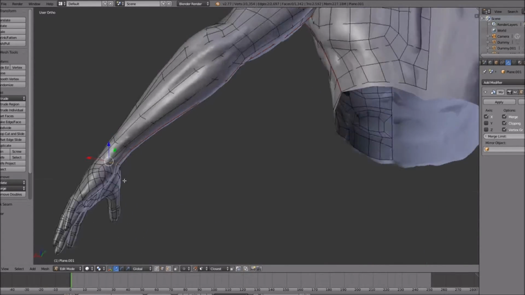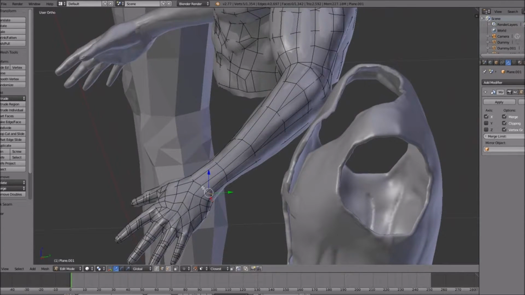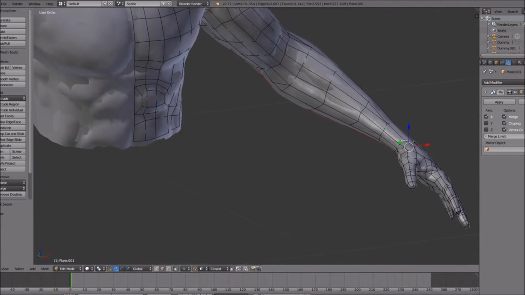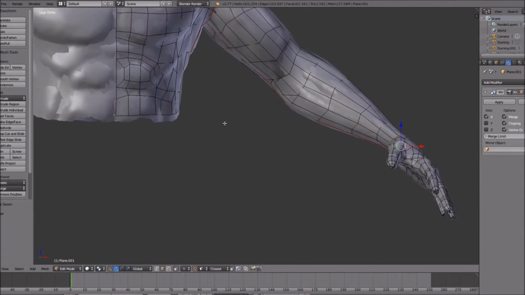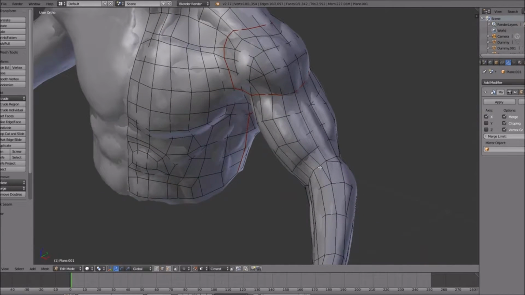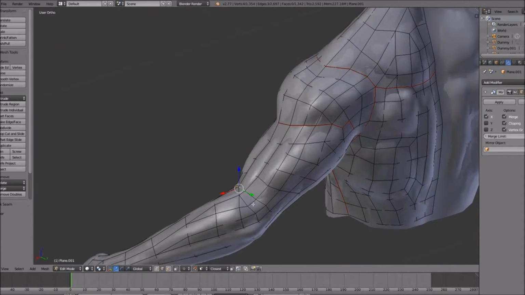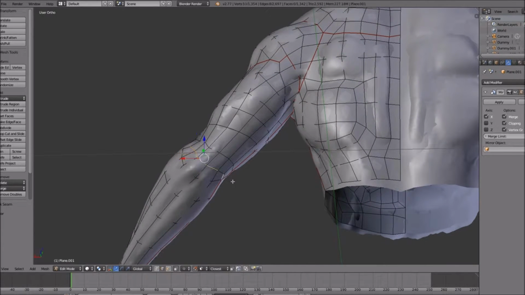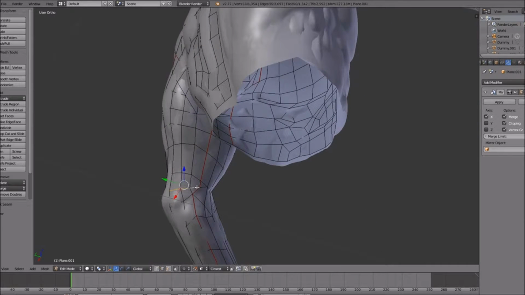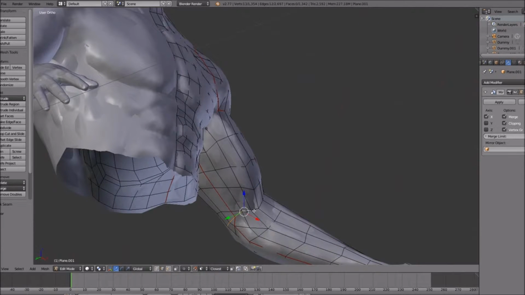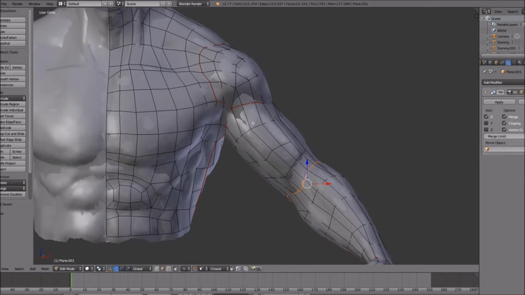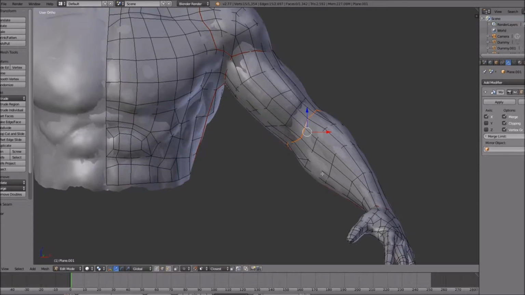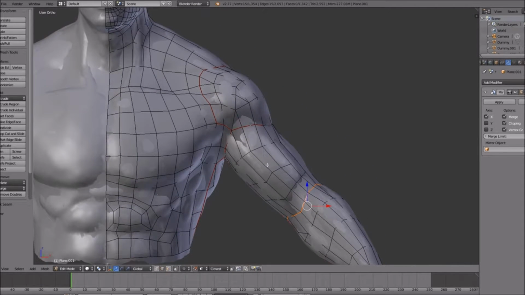And now I need to mess around with the hand that I kind of messed up. Oh, okay, it's still kind of fine. Like this, mark seam. I do want to have the top part of the arm separate from the bottom part, so I'm going to separate these two. Like, where is the line? Here. Like this. So we got our top arm, our lower arm, our hand, our shoulder, our chest, and our back